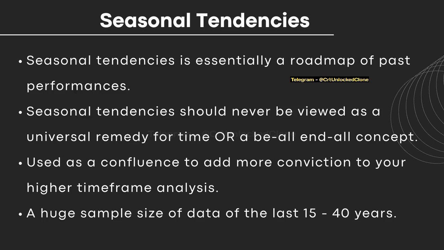But with the help of historical data, we've seen from time to time that these concepts that ICT has introduced, like market profiles, daily ranges, and key levels, when they're combined with each other in a proper way, can help us and assist us in finding high probability conditions where we can accurately and precisely predict and anticipate price action with a great deal of confidence and accuracy, right? We've come to those conclusions based on the data that we've collected and based on what price has done in the past, right? And in the same way we've got this concept called seasonal tendencies,